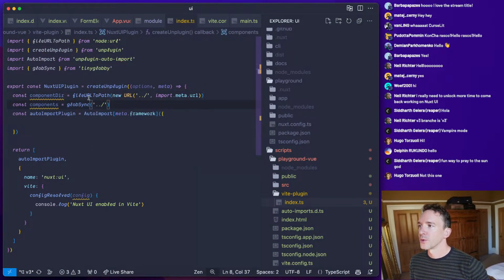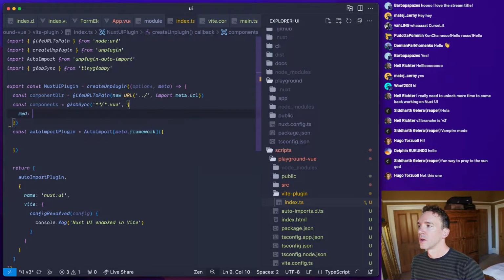And we are going to read that directory. And we're looking for, I guess, .vue files. And we are going to pass that as our working directory. We're going to, I guess, have